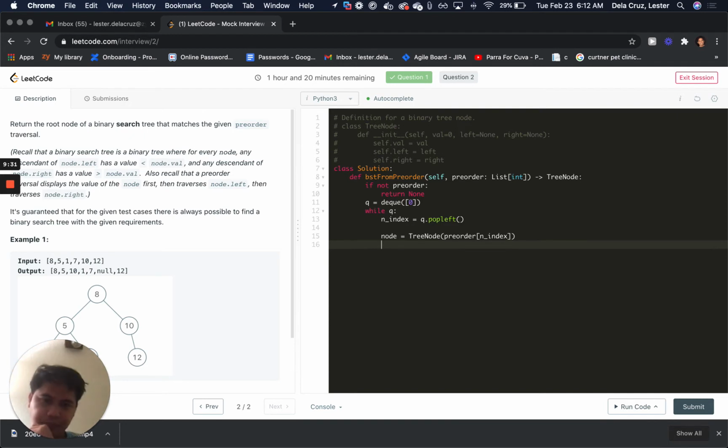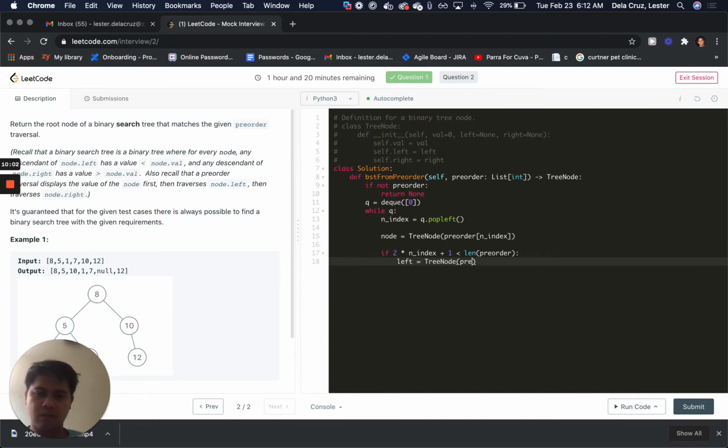And if 2 times an index plus 1 is less than the length of pre-order, then I will go ahead and make a left node, tree node, pre-order, 2 times n index plus 1. And then node dot left equals